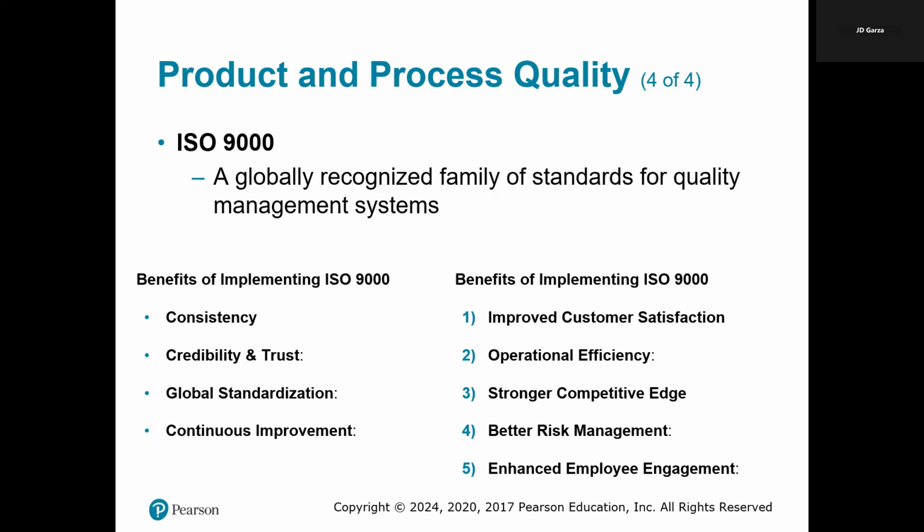It produces automated parts and adopts ISO 9000 to enhance quality consistency. As a result of all of this, the company reduces its defects by, let's say, 20%. It also gains new contracts with major automobile manufacturers who require the certification. They also see a 30% increase in customer satisfaction scores due to the improved product reliability.